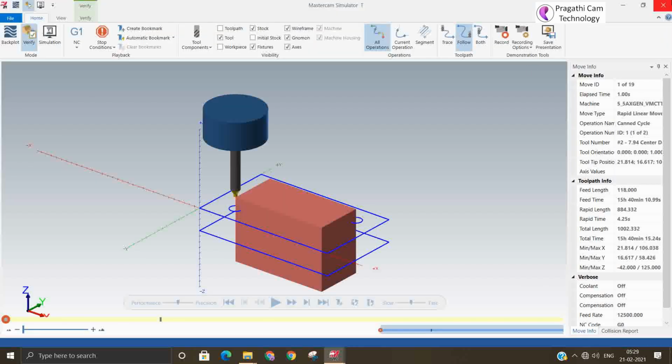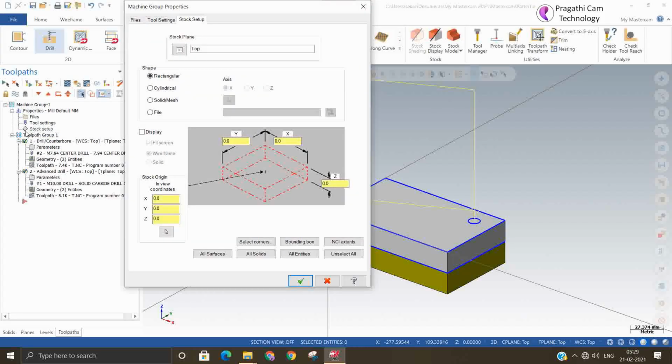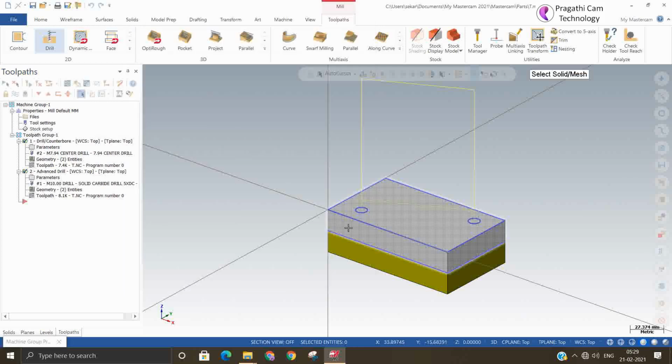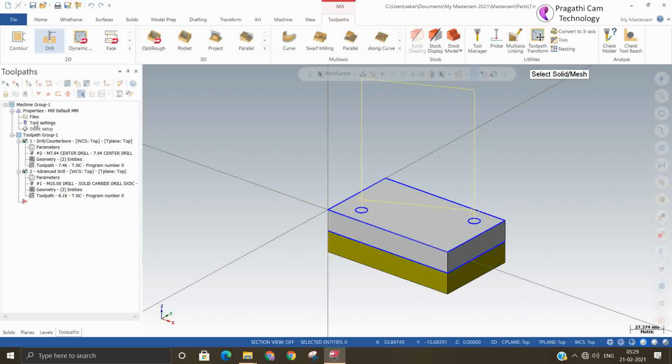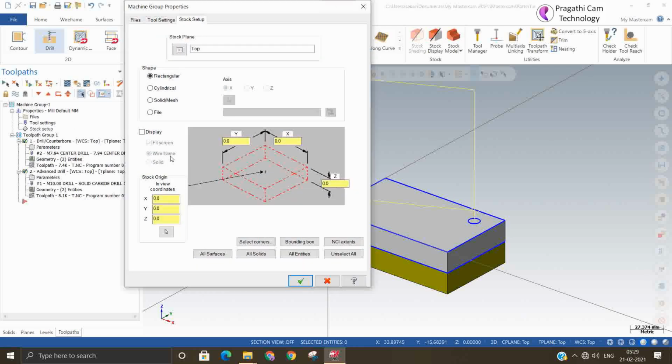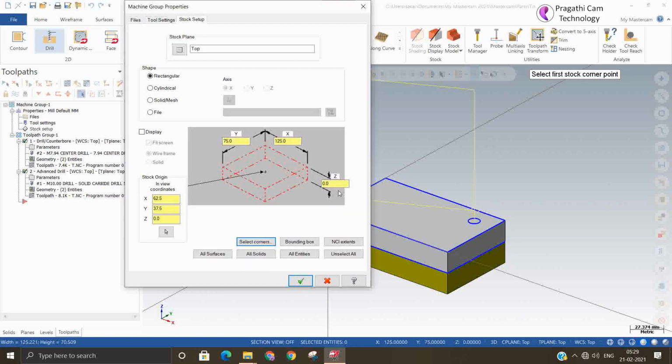Not done the stock setup. So with the solid it won't accept because two solids are there. Oh, okay, it won't accept. So we will select the corner, from this corner to this corner, 40.